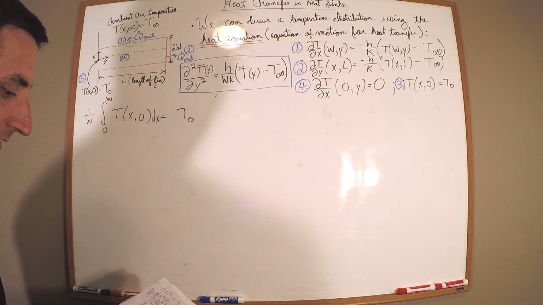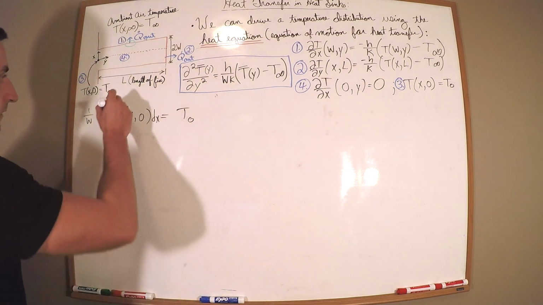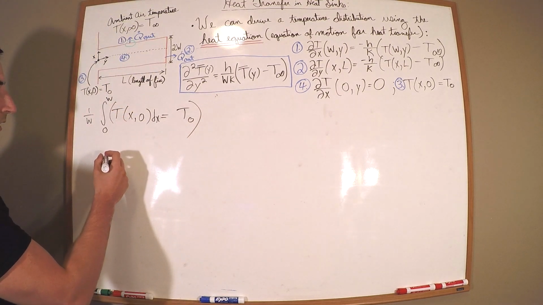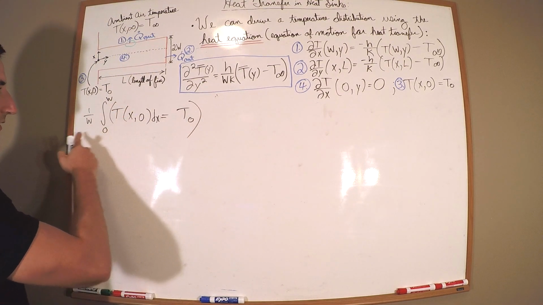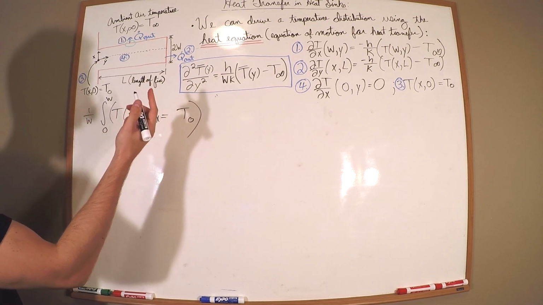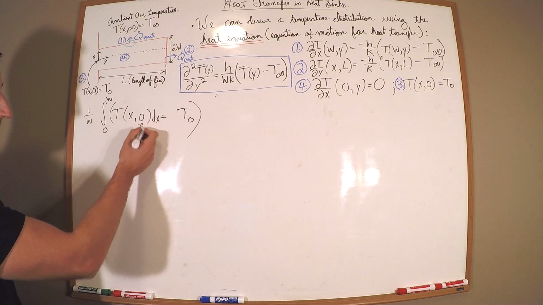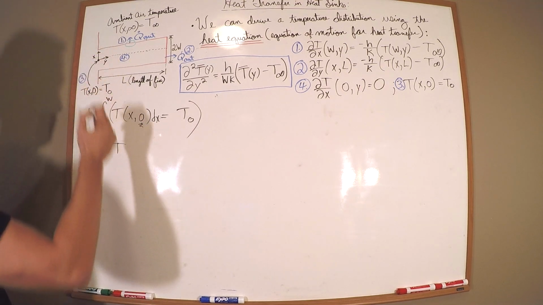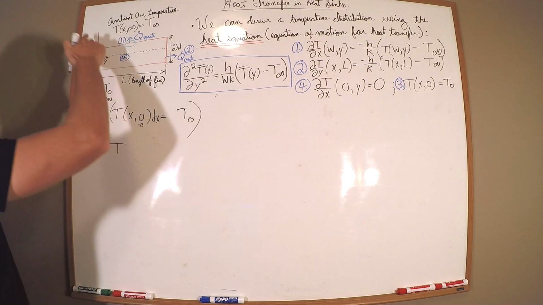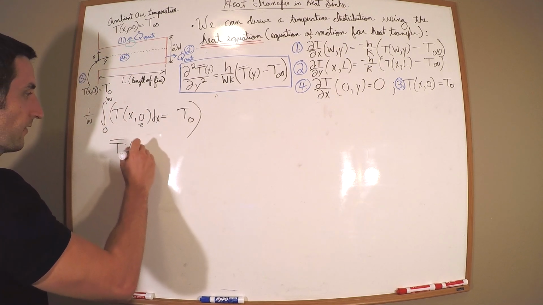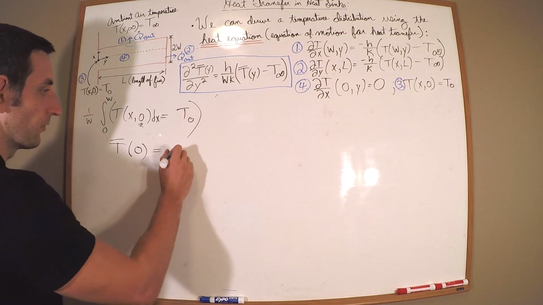And what happens is, if we do that to both terms, we end up with this guy right here is just T y at 0, y equals 0. The average temperature right along there, that little sliver. It's going to be the same along the x direction, so our average temperature at 0 is going to be